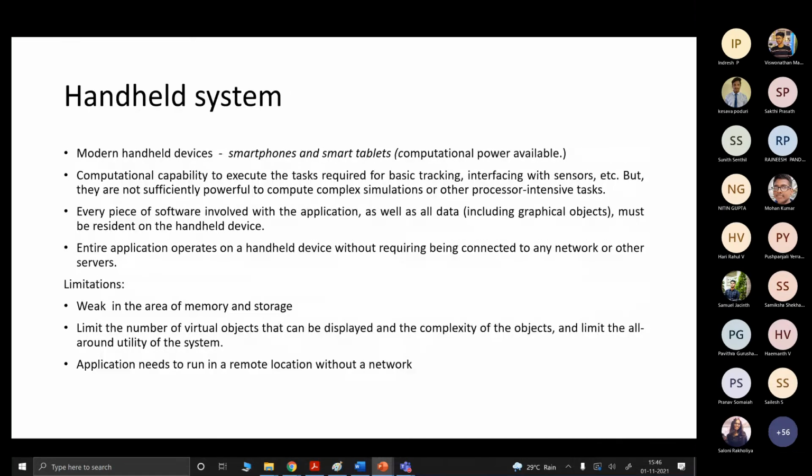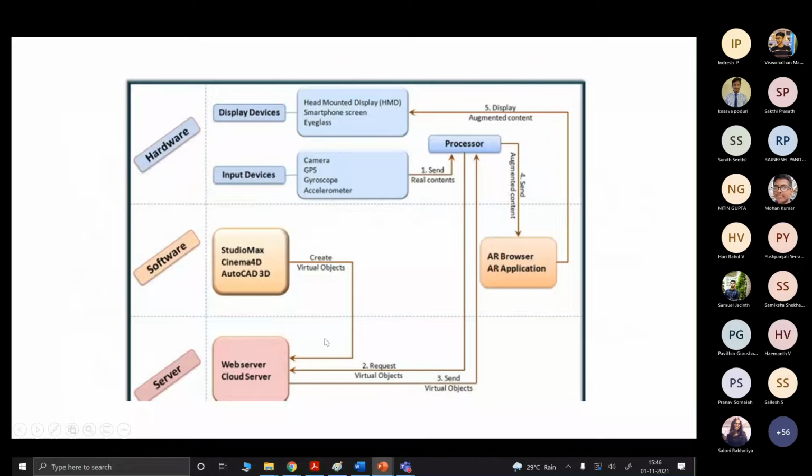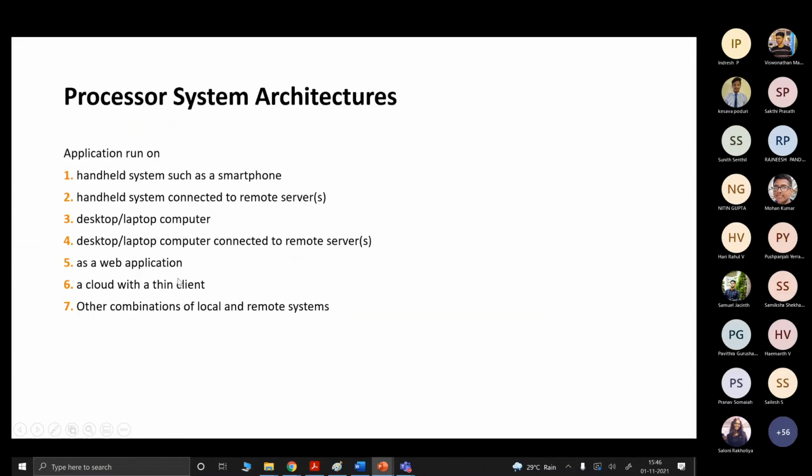So we have a server architecture. With the help of one server, the previous information will be loaded in the server and whenever required, the processors can request it and it can be used based on the applications. The new virtual objects will be created with the help of some software.